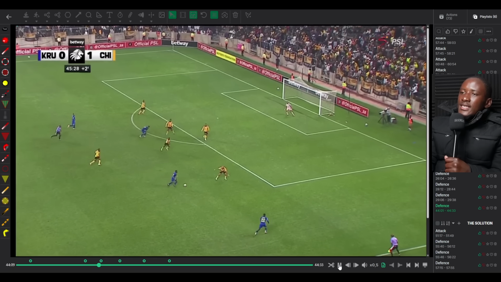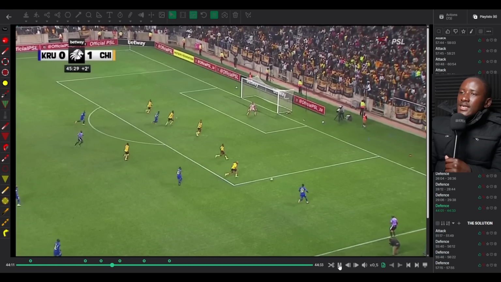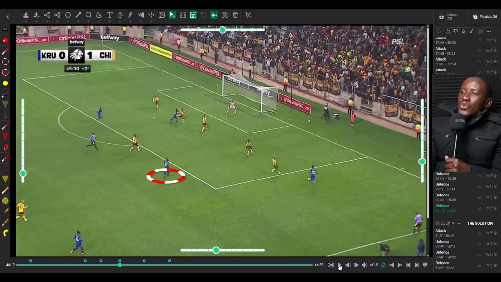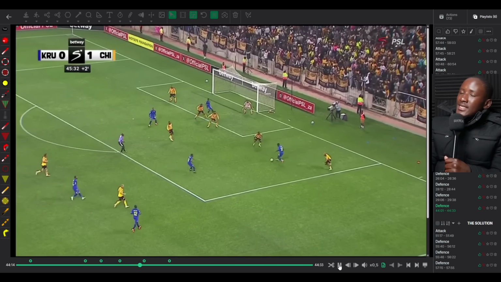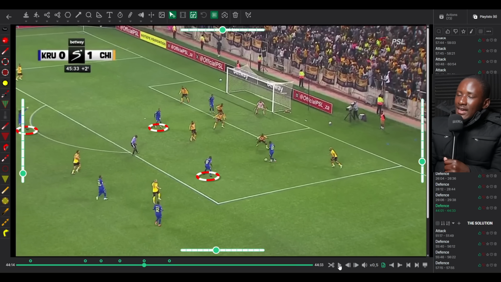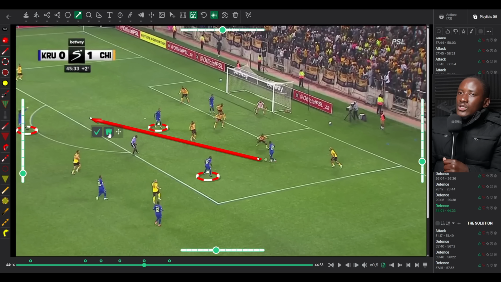There is not a single Chiefs player who's close to this guy. And then that creates a 2v1 against Riff Frosler. Frosler already struggles with 1v1s. Now you're isolating him with 2v1s. And now all of a sudden he's in trouble. The ball comes to 22. And since we are late, the ball could simply be cut back to 10. But it doesn't. He tries to cross it first time. Ndlovu was still trying to catch his balance. And then he's not tight enough. This guy chose the harder thing to do. He could have simply rolled the ball across, which is easier. And this guy is still going to score.